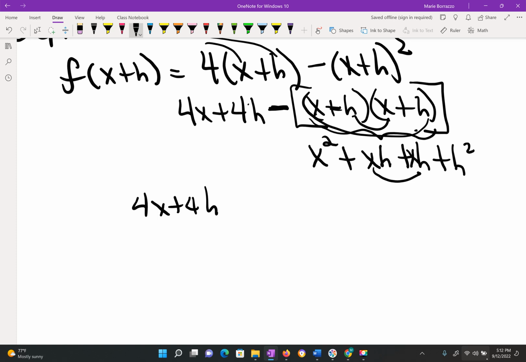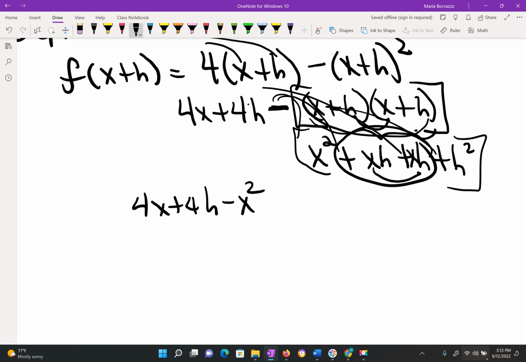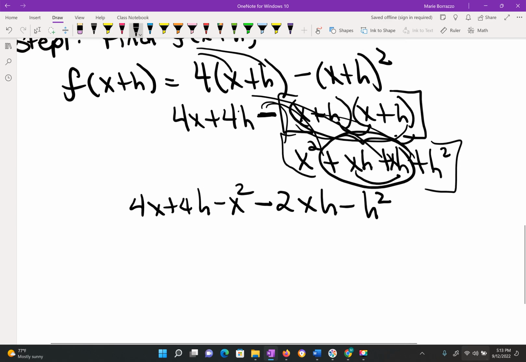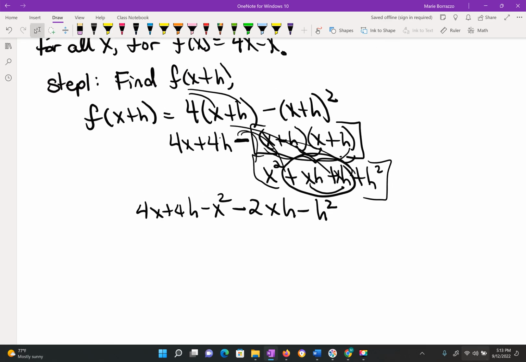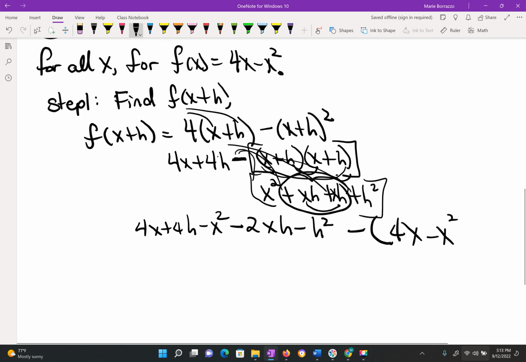And now I'm going to distribute the negative here, right? So pay attention here, because all that's going to get affected respectively. And you end up with this minus x squared. Obviously this is 2xh, so it'll be minus 2xh minus h squared. That's just the first part, right? Now we take away the f of x, so I'll do another parentheses, minus 4x minus x squared, which is your f of x up here,